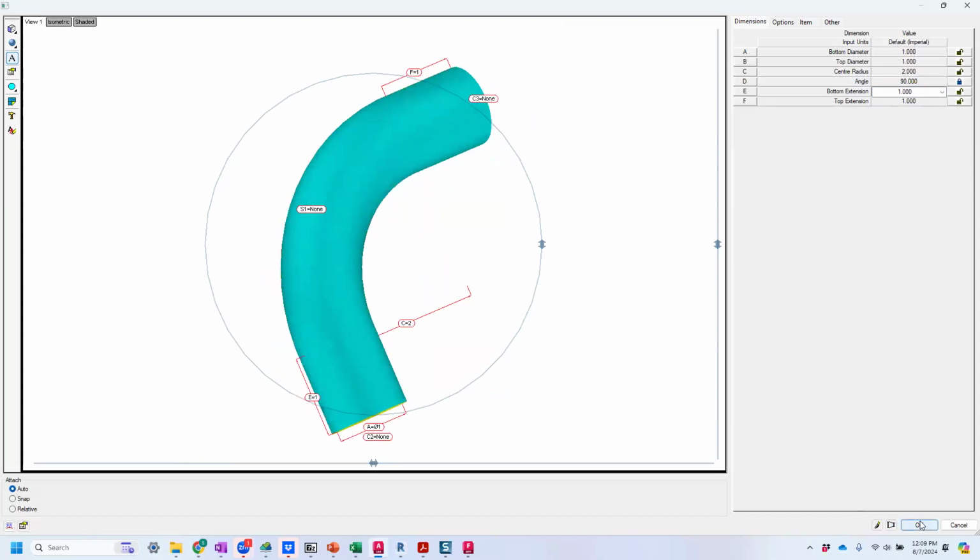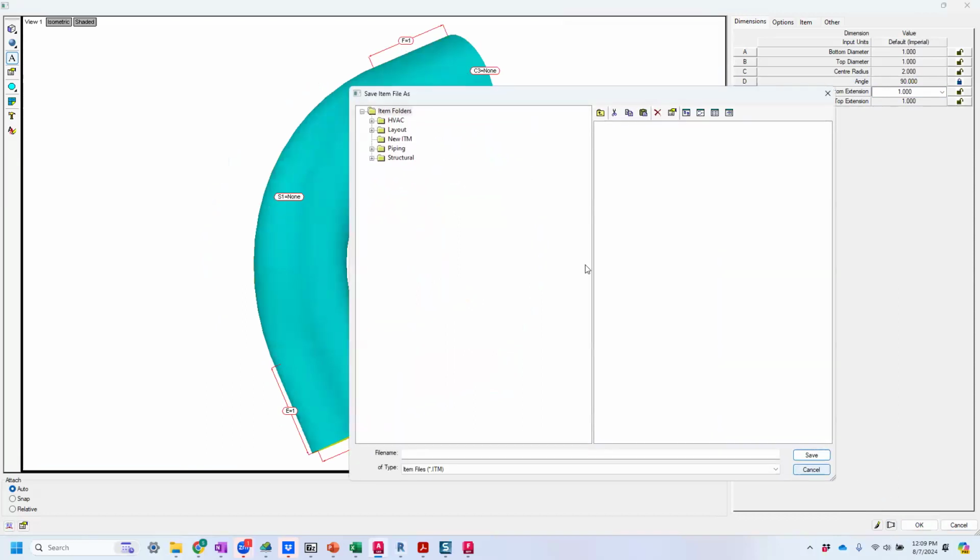So from here, I'm going to click OK, because if I were to hit cancel by mistake or escape out, I lose all my work. So it's important here to occasionally just hit OK and save progress. So new ITM, I'm just going to put it in this folder just so it's easy to find for this example. And I'm going to name this